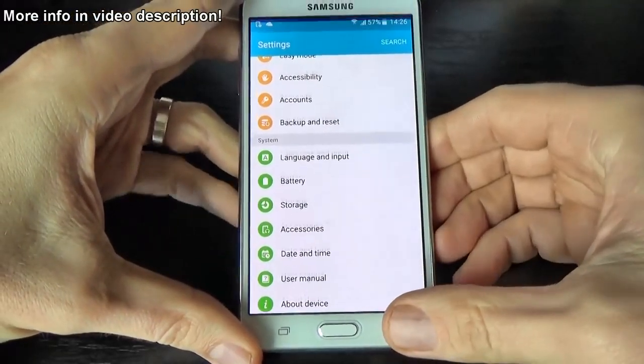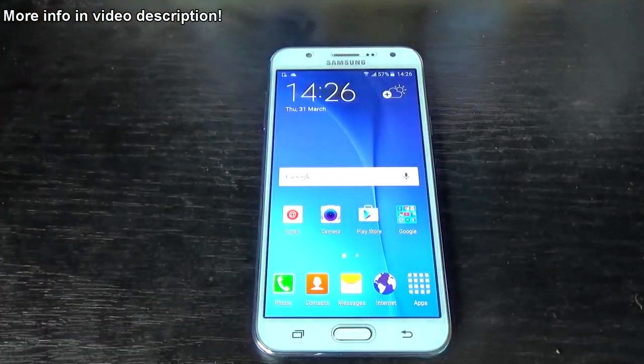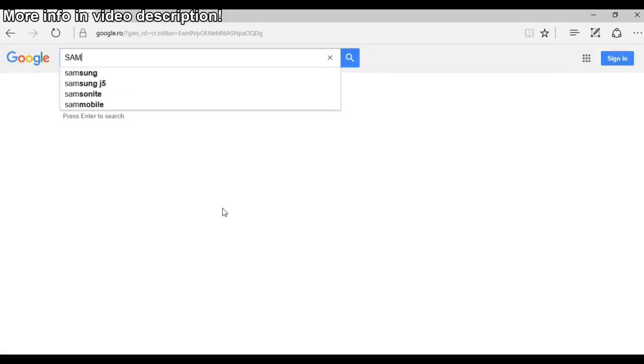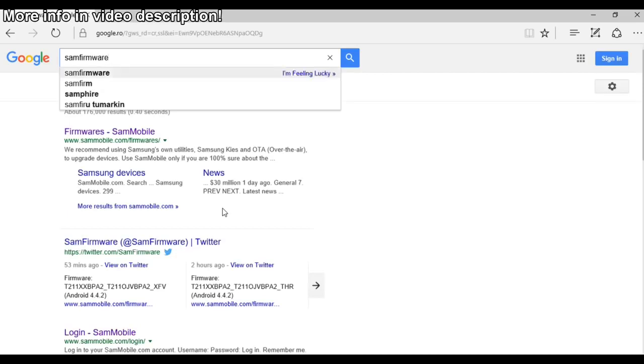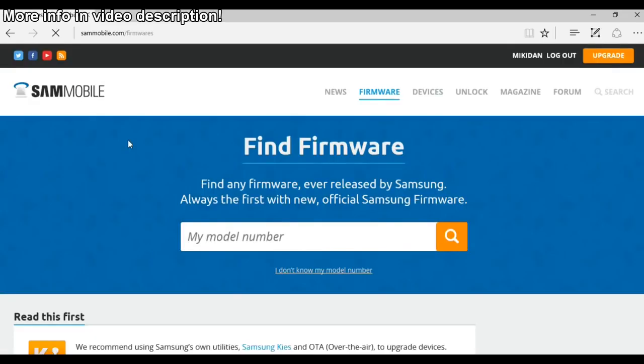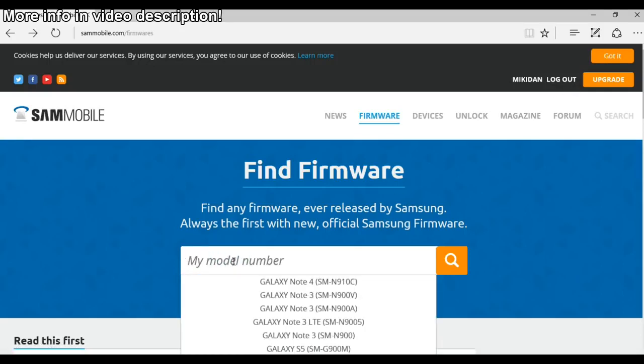Okay, so if you want to reinstall your software on this phone, first thing that you must do is to go online on internet and go to this site, SamFirm, okay, and click on it, and here you must create an account, or if you already have one, just log in and enter your model number. Mine is